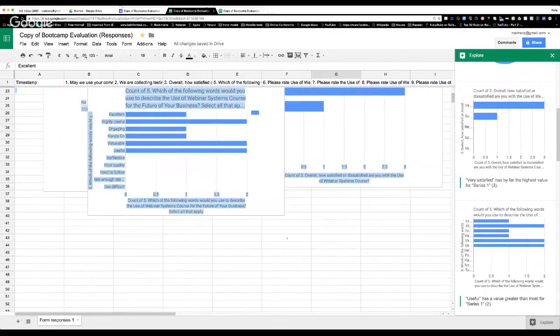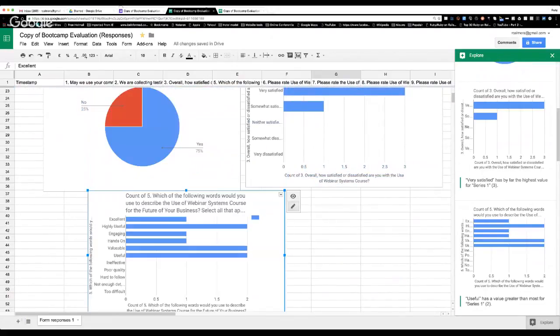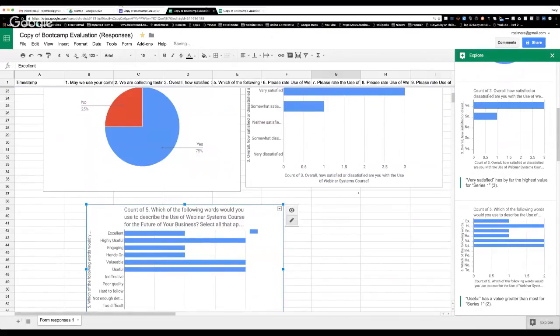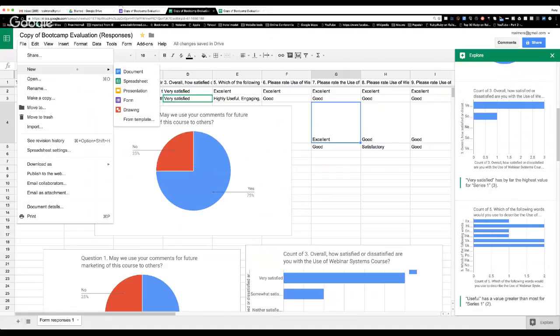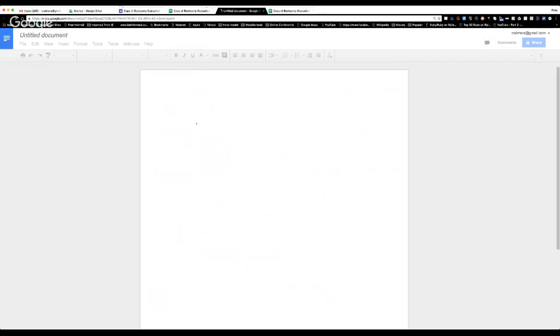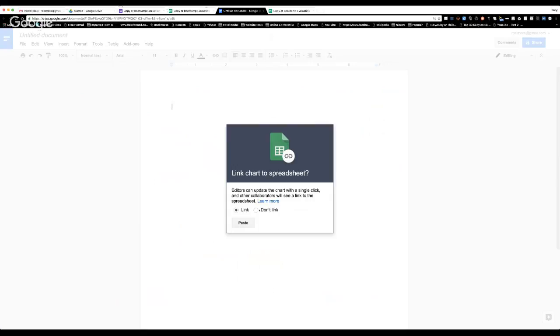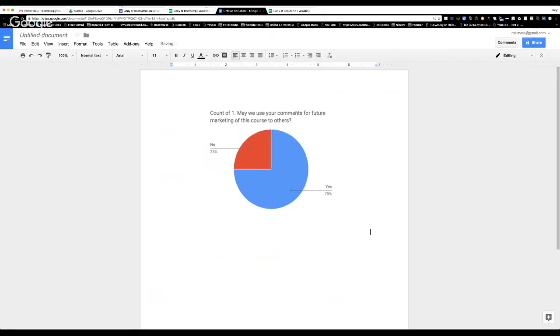Now, what can you do with these questions? You can copy these questions and put them on a dashboard. That means, for instance, you can select this question, Control-C, copy. Then you put a new Google document, and you can paste this question in here. Control-V. And then you say don't link and you paste it. By pasting it, let me just check if Hangouts is showing you that. Yeah, by pasting it,